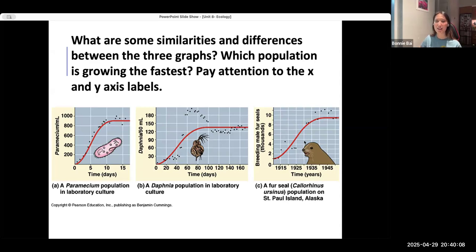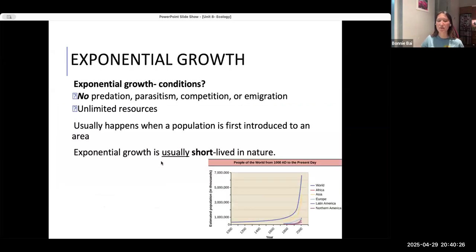We're not saying that the population growth of the fur seal is the same as the paramecium. In fact, the paramecium population grows much faster than the other 2 types of species. So why is that? We'll talk about that, but there are two types of growth that you definitely learned in other classes: exponential growth versus logistic growth. Exponential growth is just population growing really fast and probably not going to stop.